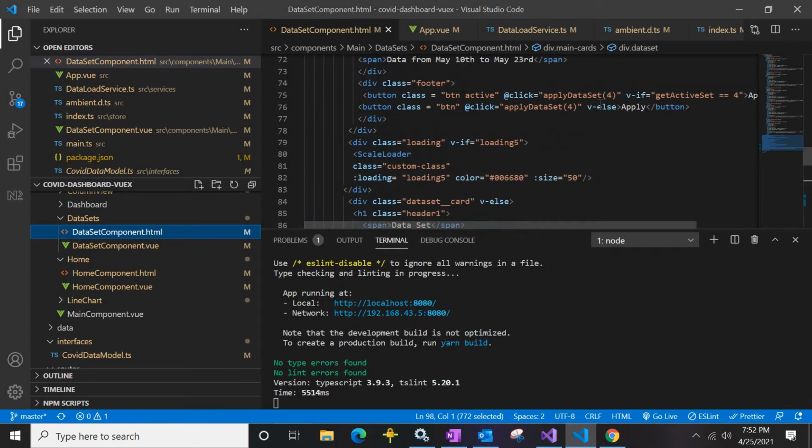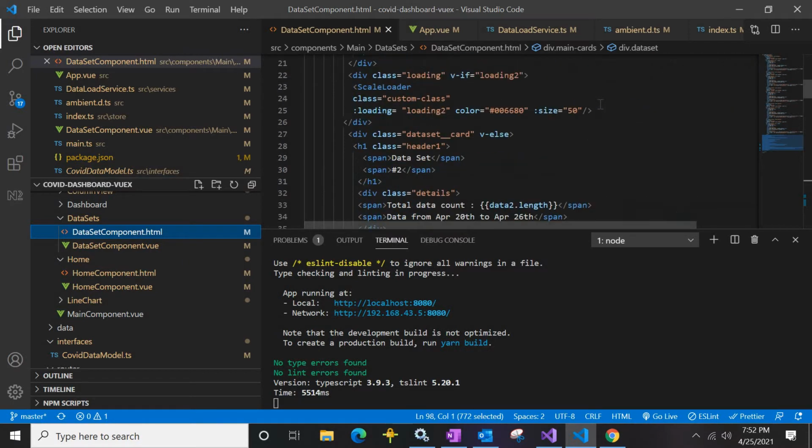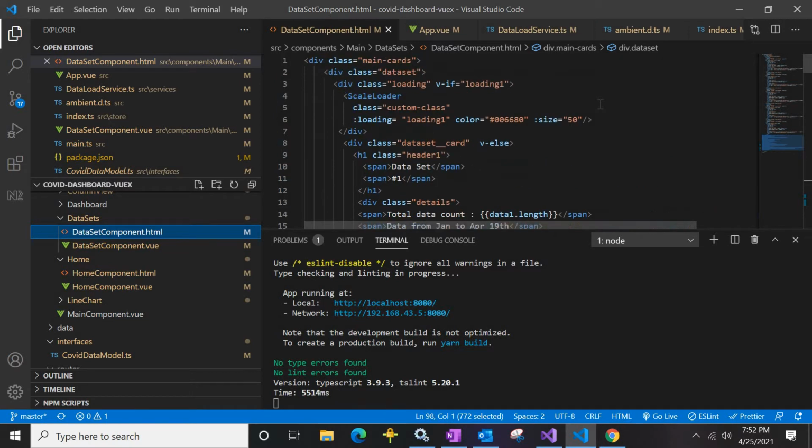As we can see, currently it is hard coded, and each data set is added manually. In an ideal world it should be dynamically bound based on how many cards you need to display in the UI. It will basically be a for loop. But here, for the sake of understanding, we created each card separately. As part of refactoring, we will change it into a for loop.